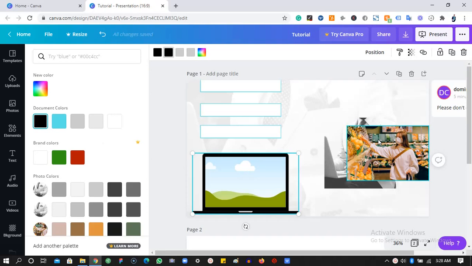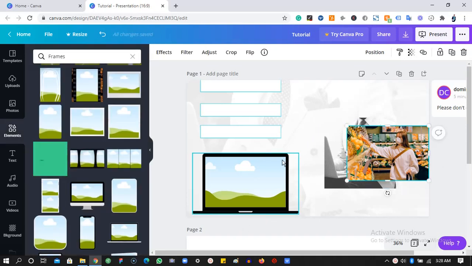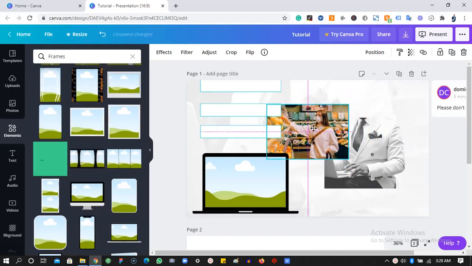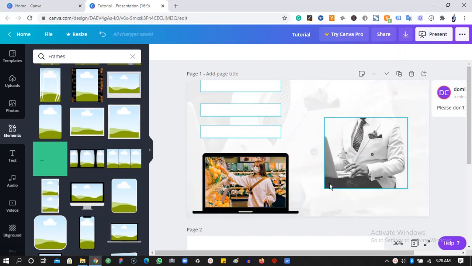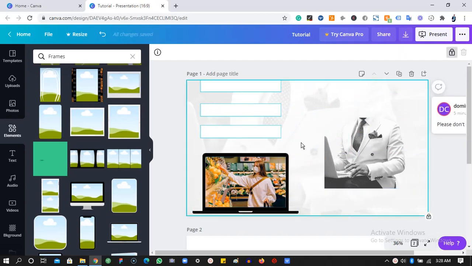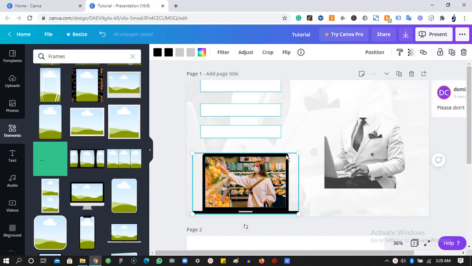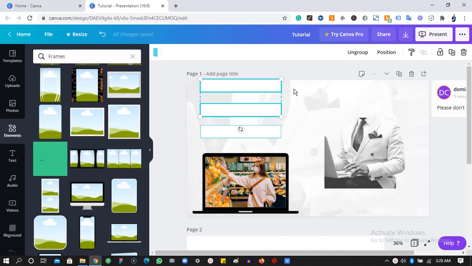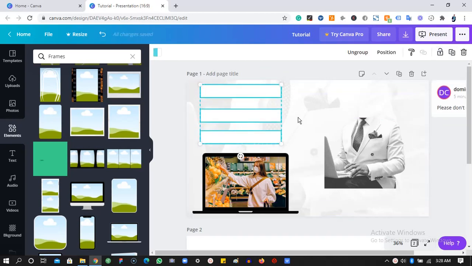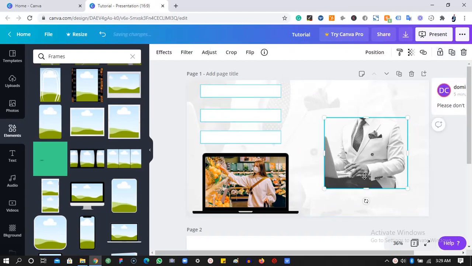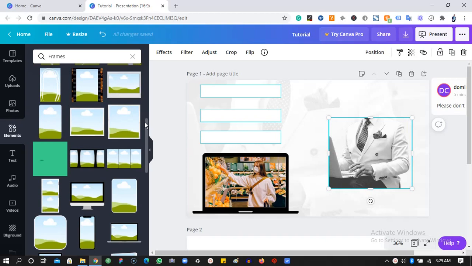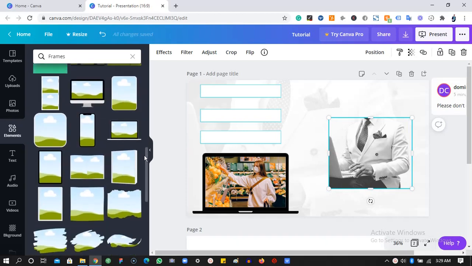So what I can do is drag this photo. Since it already has the shape of this laptop, I'm gonna place it there, and then I have this right here. Cool. Highlight, move downward. Okay, so we have something like this now, and then I can change this one maybe to,